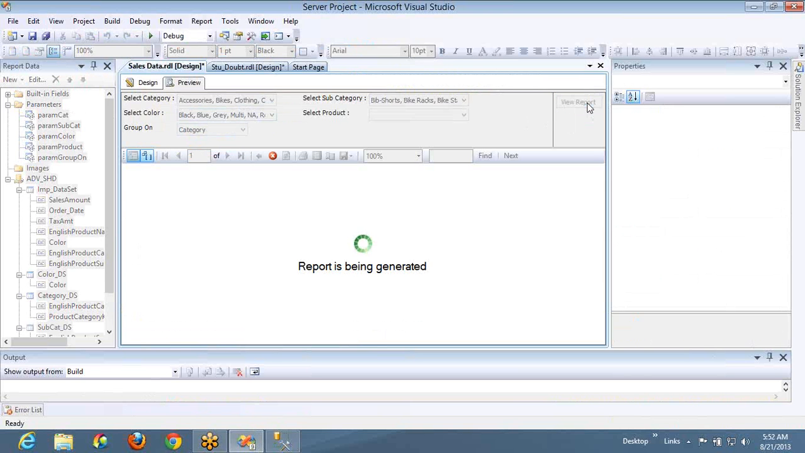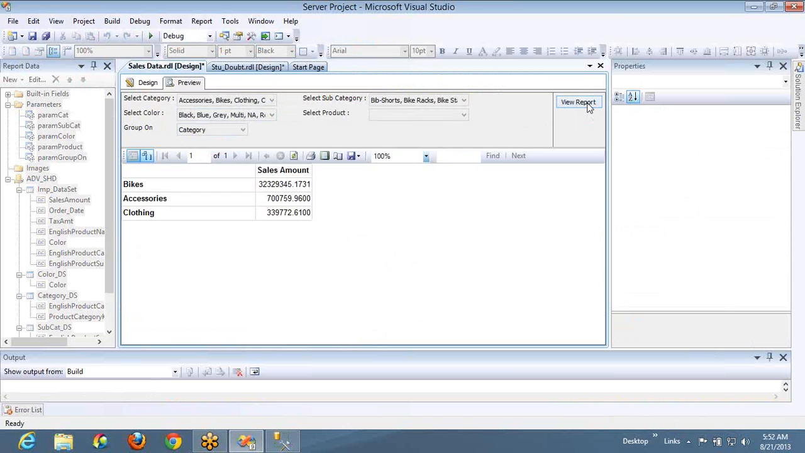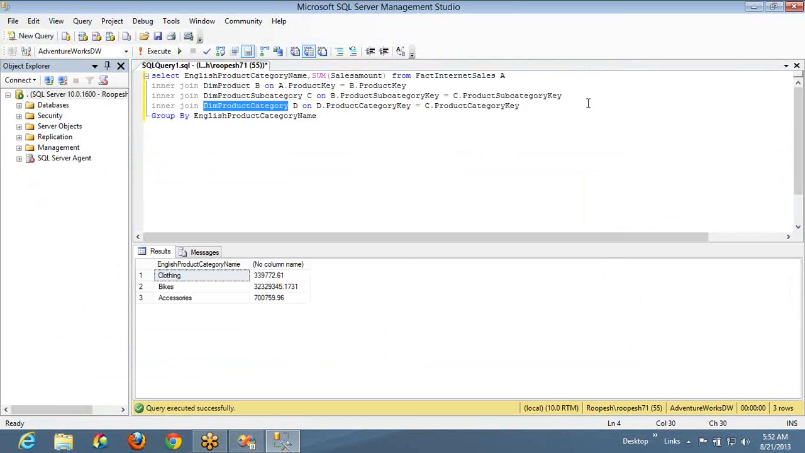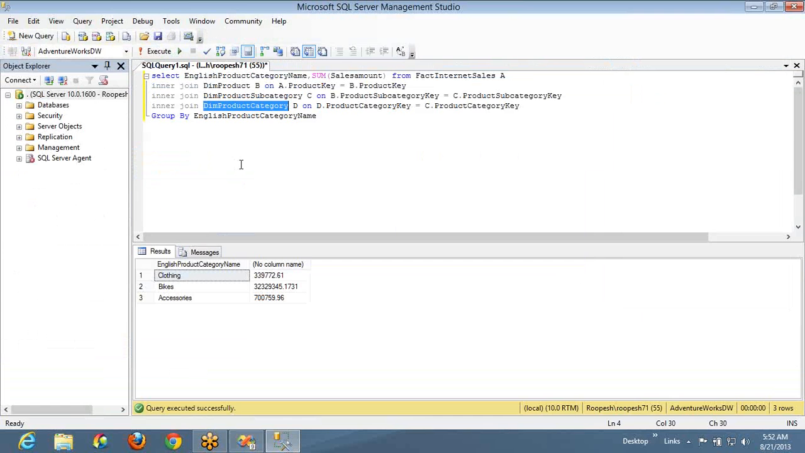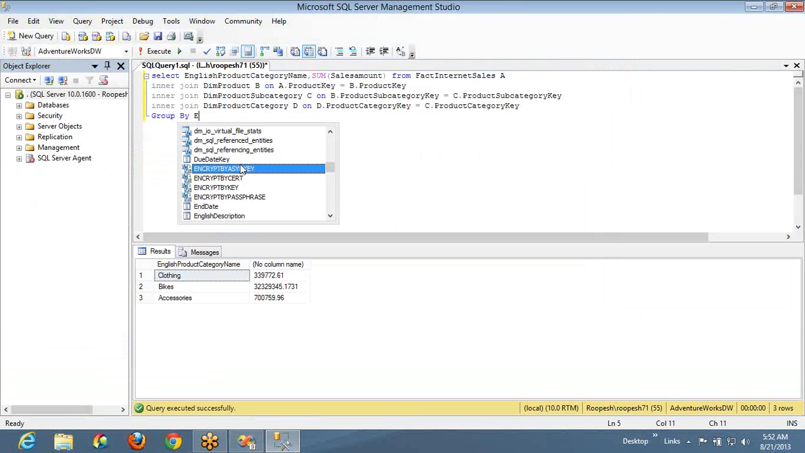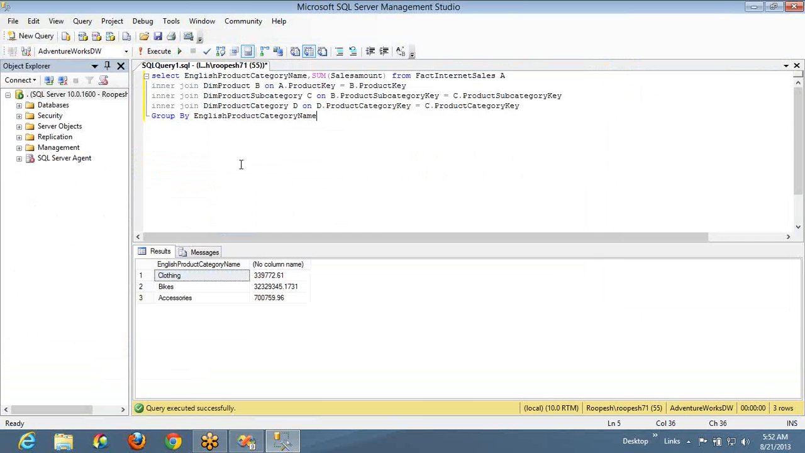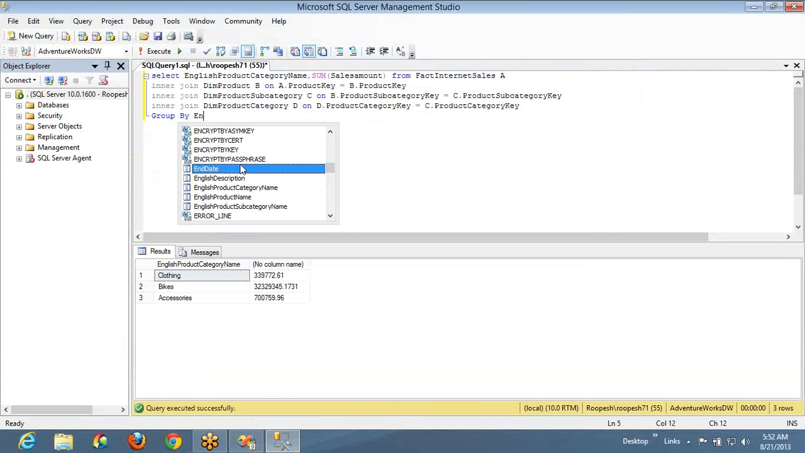If you see, this is what I am getting in the report. Bikes, accessories and clothing, and here also bikes, clothing and accessories. Now what is my requirement? If I select category, it should show based on categories, just like this. If I select subcategory, what do I have to show? I have to show subcategory wise. So what do I have to change? I have to change in two places. One is English product category name, subcategory name